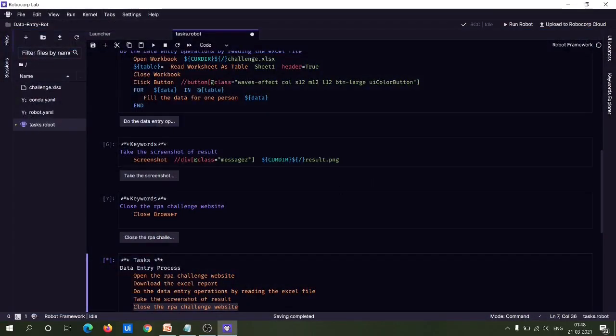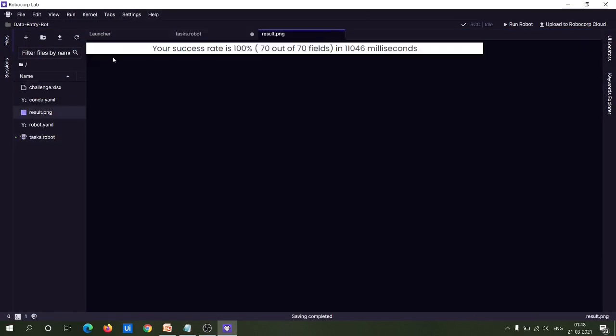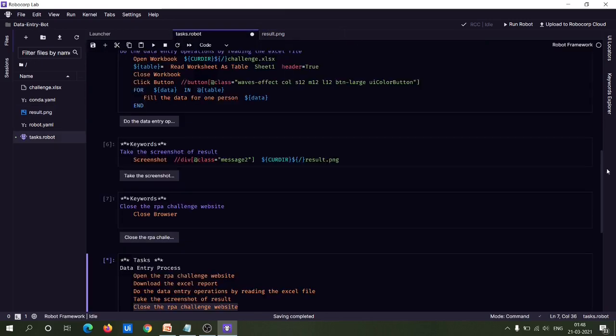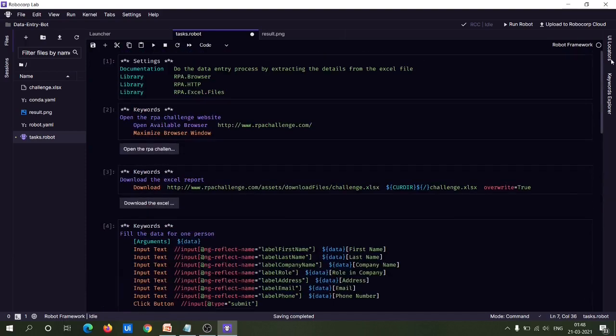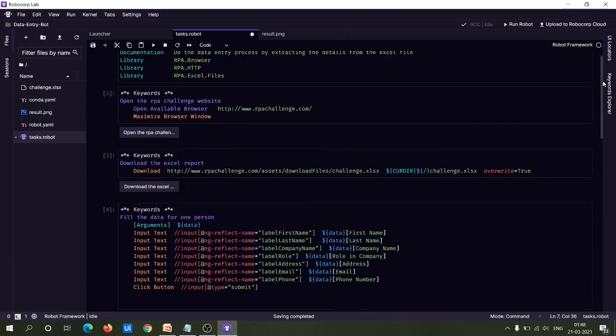Closed. Now let me just refresh and you can see you get the screenshot. It actually saved the screenshot with a file name of result.png in the current workflow folder, and you can see the screenshot like this. Okay. So from this we can see that we are able to develop a bot which does the data entry RPA challenge successfully.